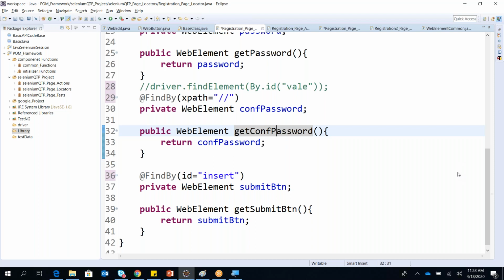Difference between BDD and POM. BDD is behavior driven development. In BDD, you write everything in the GWT format, that is given, when, and then. That means you can say, as a user, I want to open the browser.